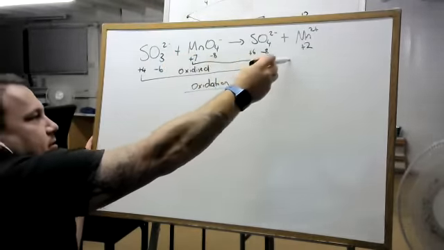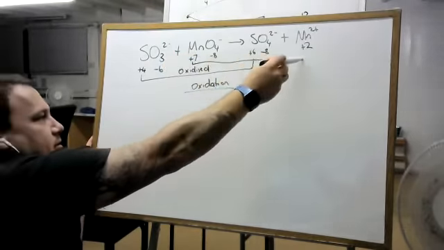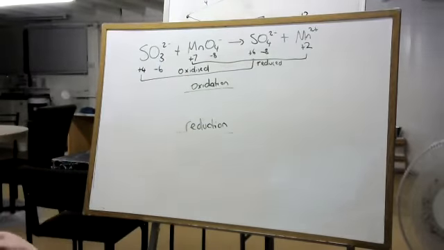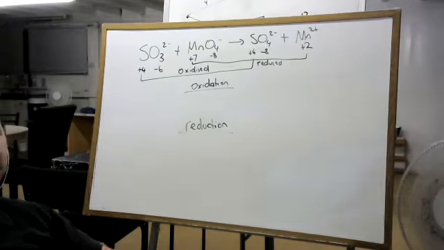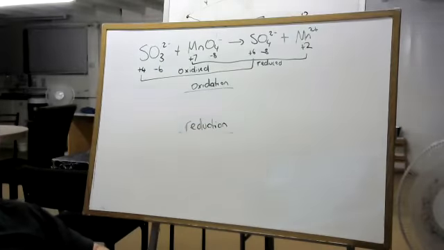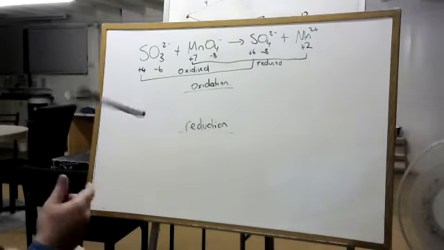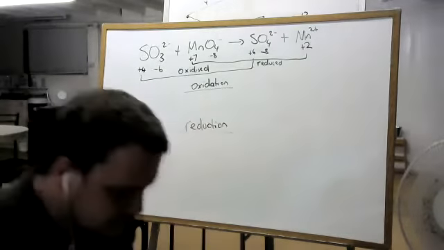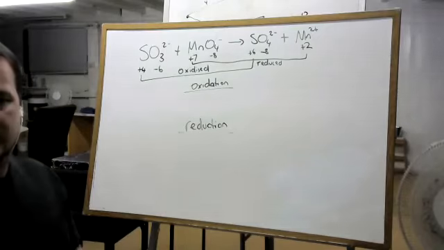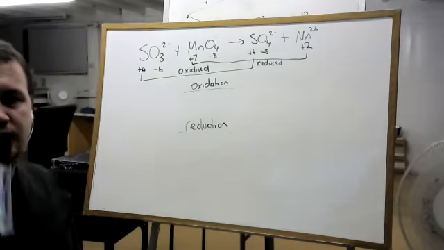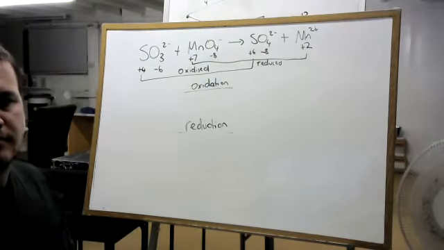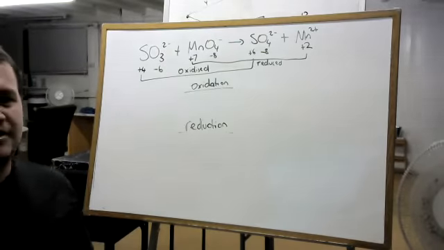Manganese is being reduced. So sulfur is being oxidized because it's going from +4 to +6. Manganese is being reduced because it's going from +7 to +2. So our oxidation reaction is